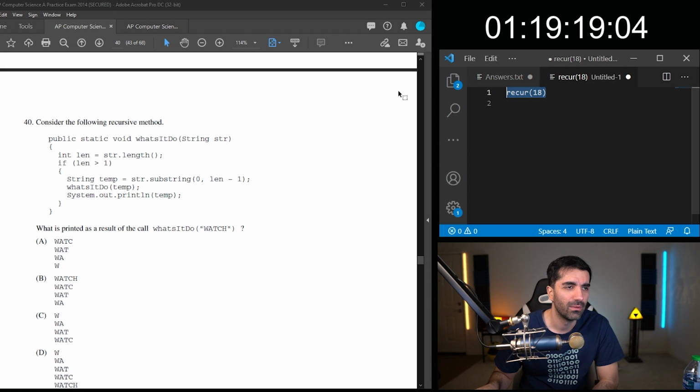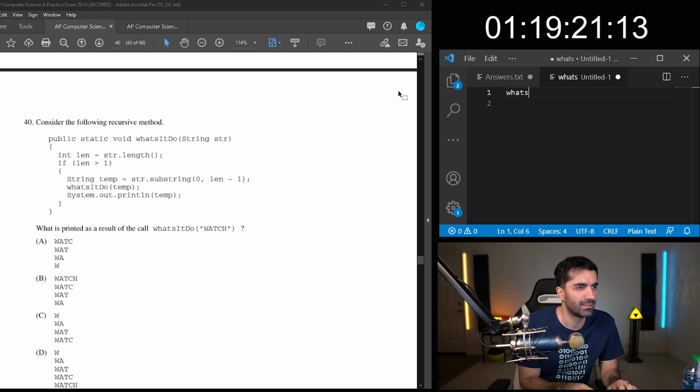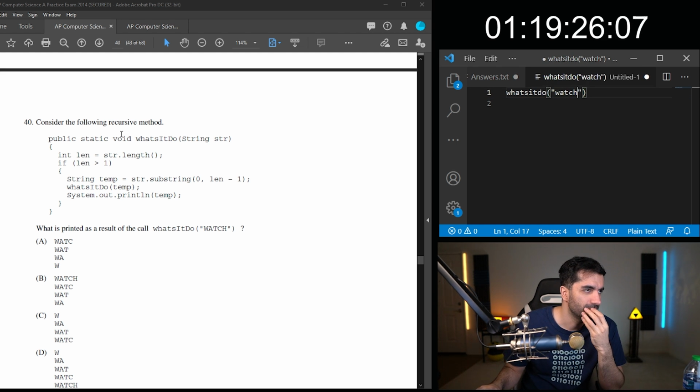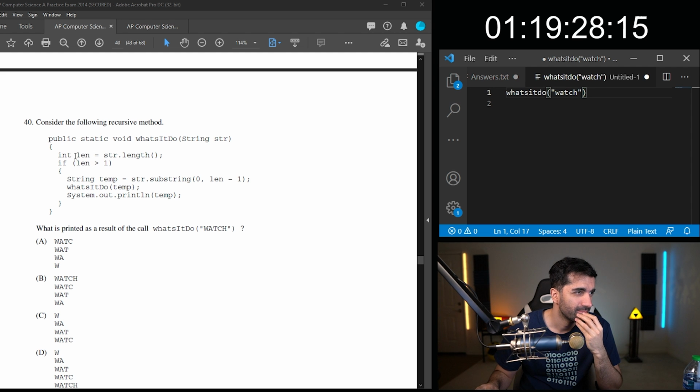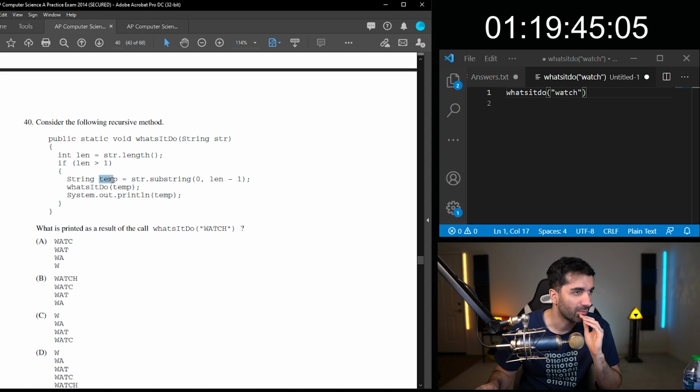Okay, so if we're calling, let's watch what it does. It's going to be 5. It's going to take the first letter, well, no, it's not going to print it out. temp equals str.substring.